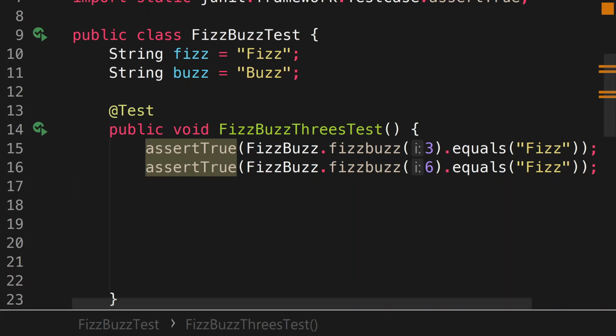We don't have to go ahead and manually change this variable definition. Well, we can just do it by hand, or we can do it with a loop construct that will make it so we don't have to do it by hand. Let's go ahead and do that now. Let's define our for loop, for int i equals 3, because that's going to be our first multiple of 3. i is less than 100, not i plus plus, but i plus equals 3 since we're going up by multiples of 3. And we're going to assert that